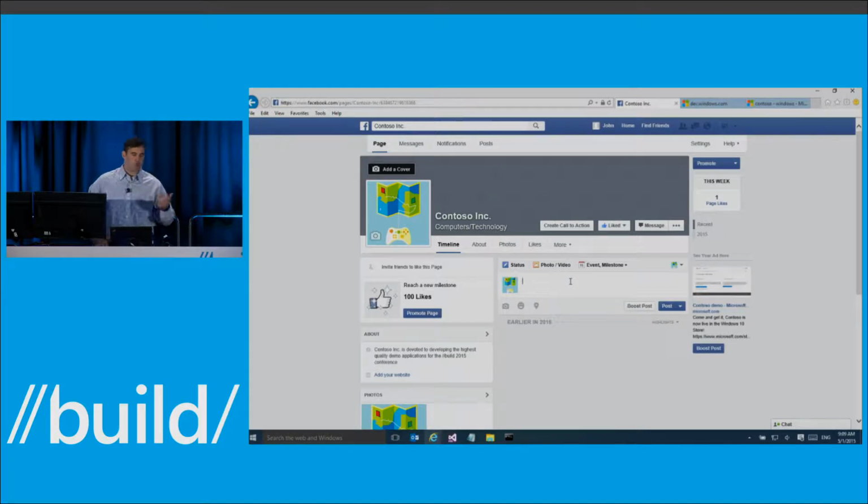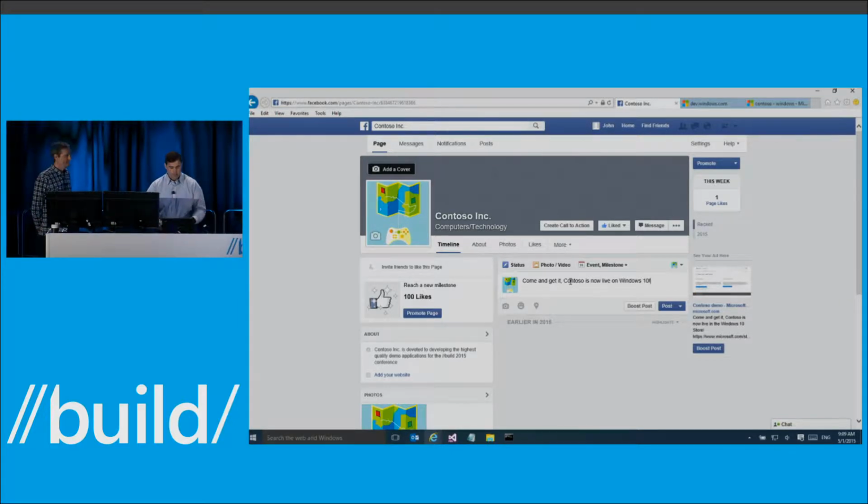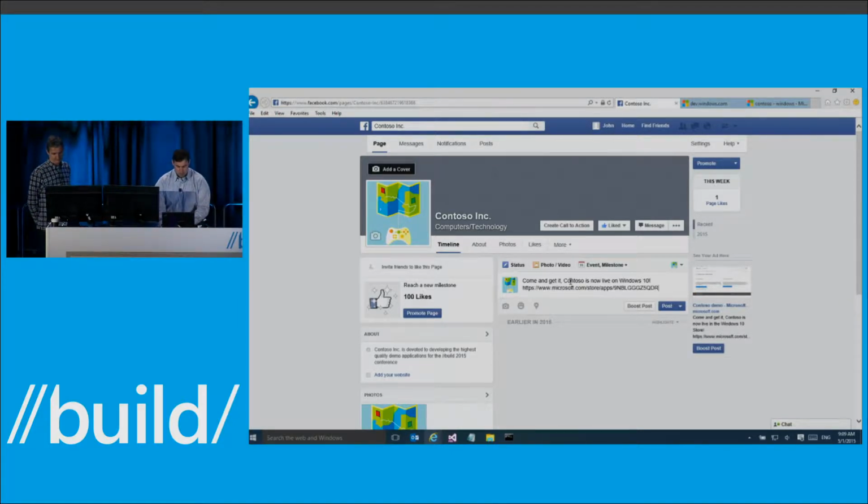This is a page I created for our generically named Contoso company. And I'll write a simple promotional post around our application. All right. And as Inigo has called out, we're going to copy and paste the deep link to our application into the post. And to the end of this deep link, I'll append the campaign identifier of my choosing. Here, I'll choose Facebook for the post. And I'll post this out to my group.